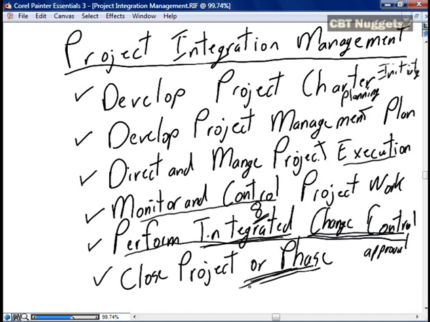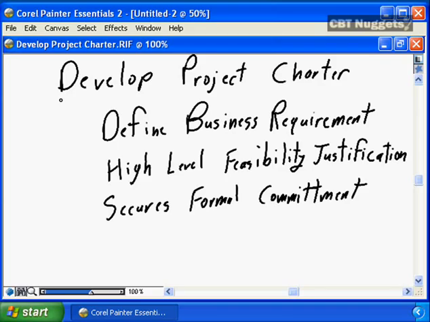We have simply called it out and made it more blatant in this release of the PMBOK guide. So this is what project integration management is all about. It is project management. Or in my humble opinion, it is this excellent summary with which to close this Nugget series.